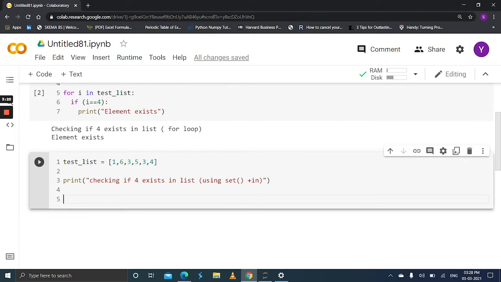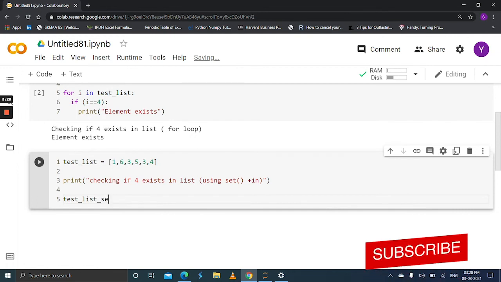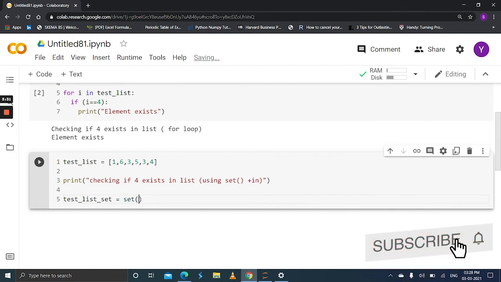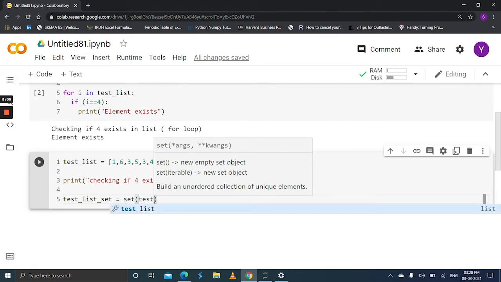Now apply the set function on the test list to only get unique values. Test list set is equal to applying the set function. If you apply the set function on any given list, it just returns the unique values.